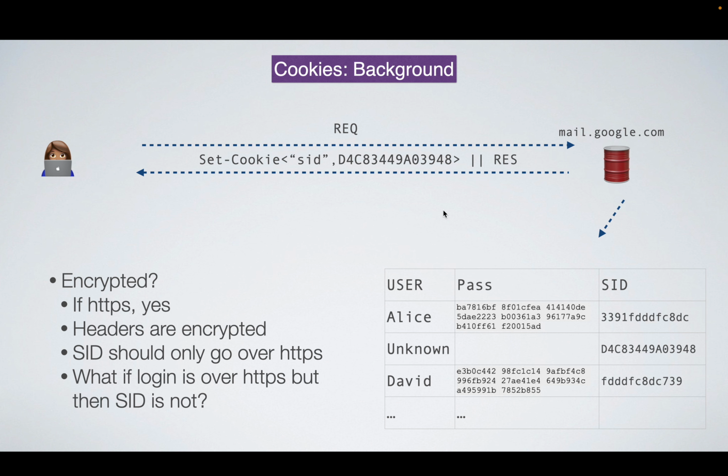So big social media sites might work this way, like Facebook was popular at this time. Okay, so Facebook would be a website where you would log in over HTTPS, but then you would flip back to HTTP. Now the problem here is you still have this cookie value that's being sent back and forth, and if I can get your cookie value, I can basically log in as you. So it's almost as good as getting your password. It's not quite as good as getting your password, because with your password, I can impersonate you forever until you change your password. A session ID eventually will expire, or the website will expire it,